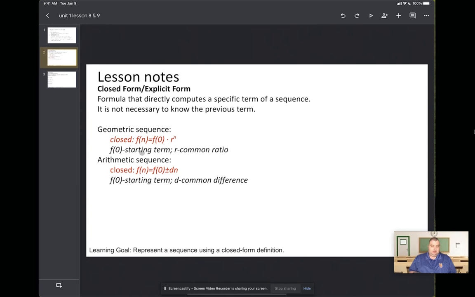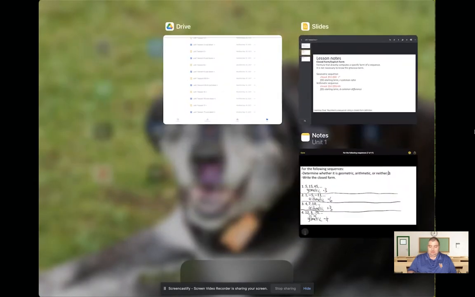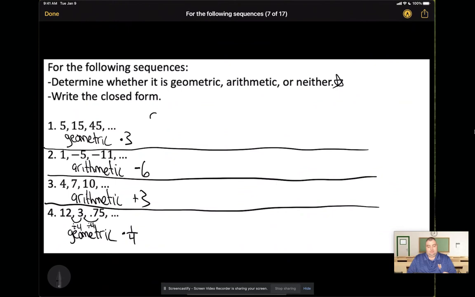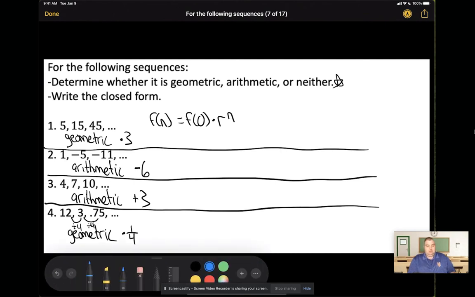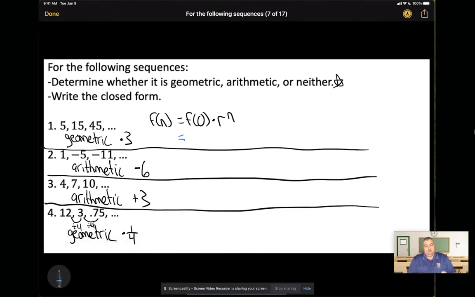for a geometric sequence. So f of n equals f of 0 times r to the power of n. That is our formula for a geometric sequence. So f of 0, remember, is the starting term. So the starting term for number 1 is 5. So that's going to be a 5